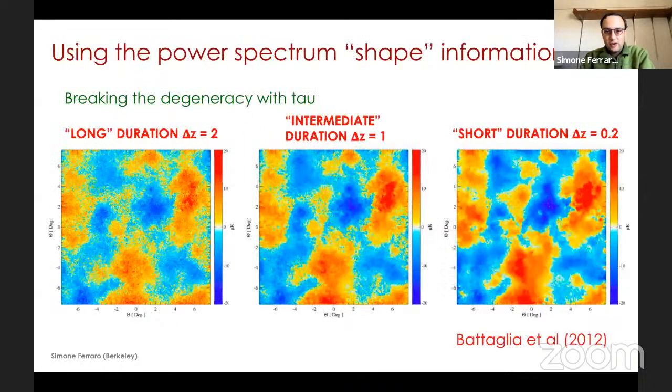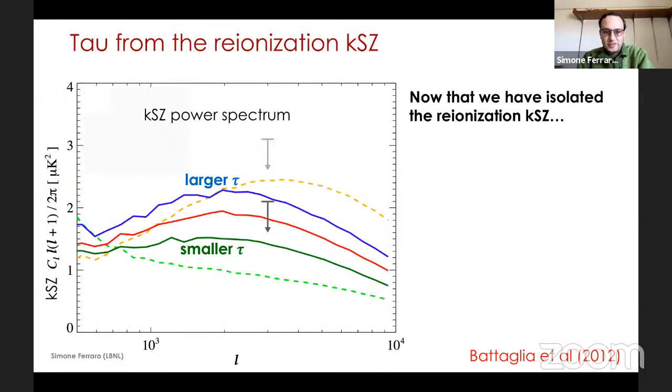So then we play the games that we've heard before a lot, which is, once we separated it, the shape and amplitude of the KZ power spectrum gives us also physical parameters of reionization. So here again, going back to the simulations by Nick and others on this call, we know that, for example, a smaller tau leads to a smaller KZ power spectrum. So if you keep the template fixed and you just move it up and down in redshift, all you're doing is moving the KZ power spectrum up and down. There's a very good reason for that I'll come to in a moment.